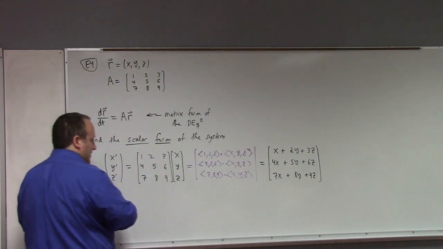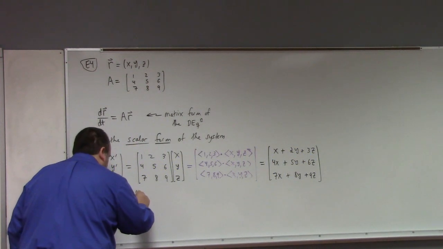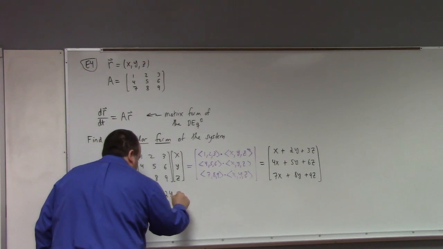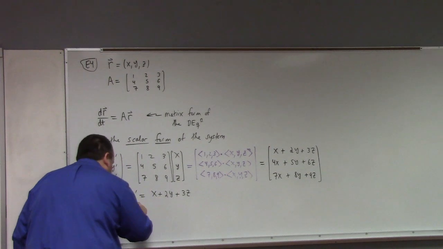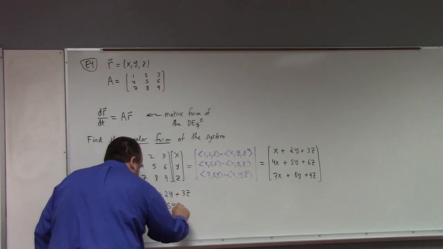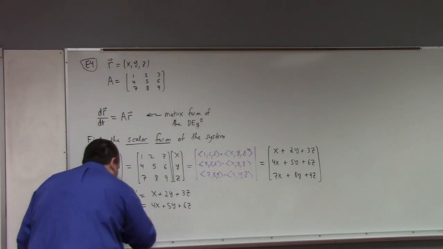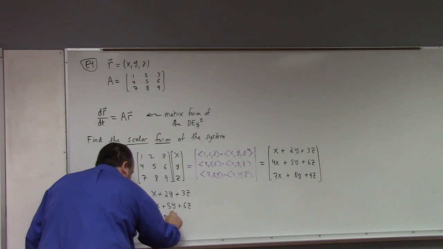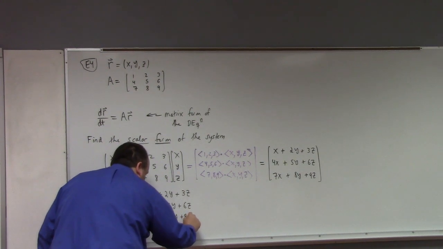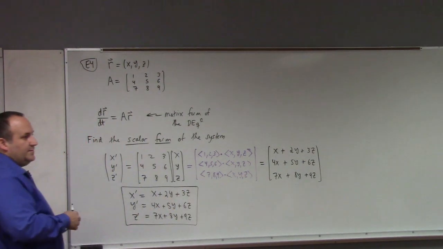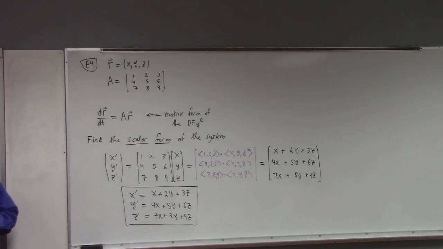It's kind of silly, but here it is. x prime equals x plus 2y plus 3z. y prime equals 4x plus 5y plus 6z. And z prime equals 7x plus 8y plus 9z. There you go. This is the system of differential equations in